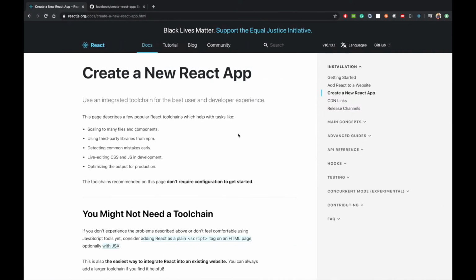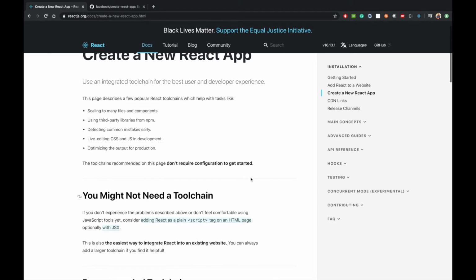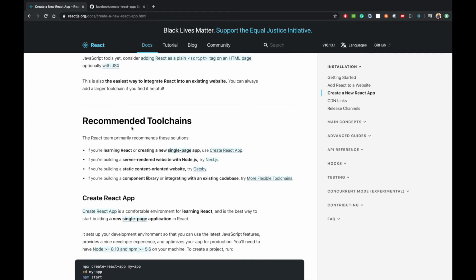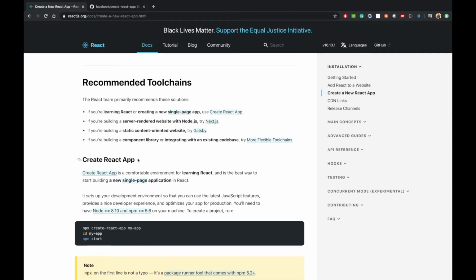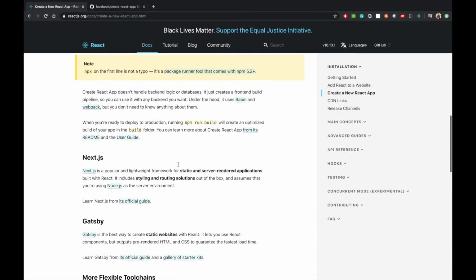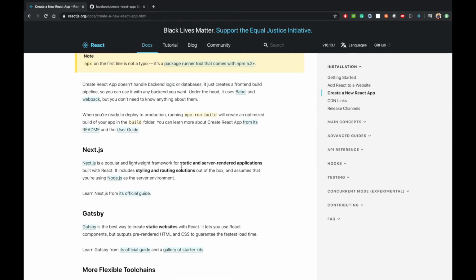Now, if you look at the website for ReactJS, there's a section where it talks about creating a new React app. There are a lot of different ways of doing it, and that's what they mention here. Some of the recommended toolchains, and one of them is Create React App. Now they have provided different things here talking about how you can create it, and we're going to look at that shortly. It says that the Node version that you need should be greater than 8.10 and npm should be greater than 5.6. It also talks about Next.js,